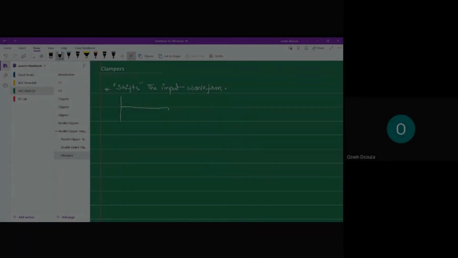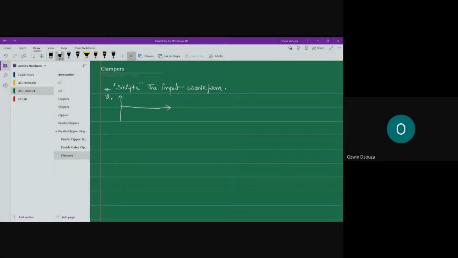We represent the input waveform in such a way that it starts from the 0-volt level. Or you could say the input waveform has a 0-volt DC offset value. So this is 0-volt. Or you can also say that the waveform is starting from the origin. So whenever the waveform starts from the origin, we would say 0-volt DC value. But sometimes in analog electronic circuits, or rather in practical applications, it's